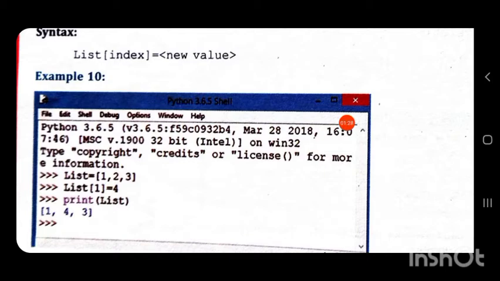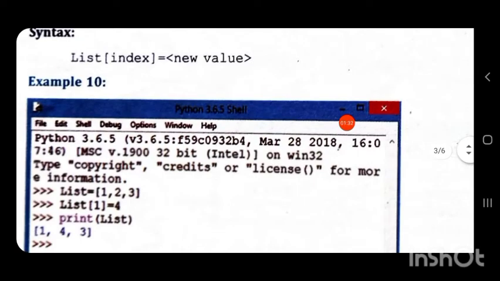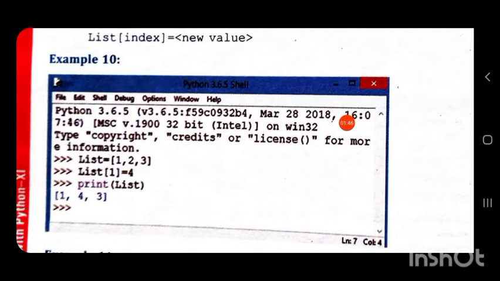If we want to replace the value at index position 1 by 4, we write the name of the list, and in square brackets the index position whose value is to be replaced.